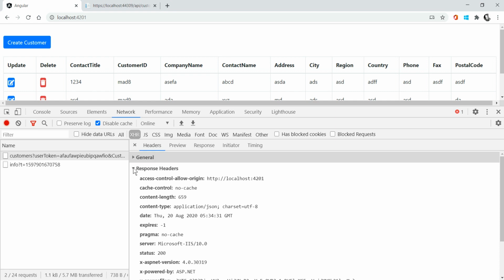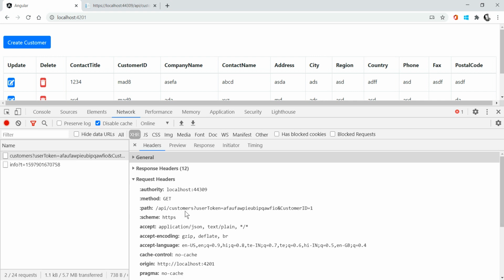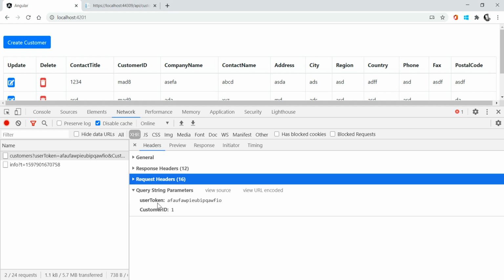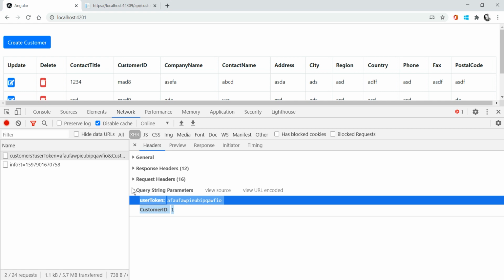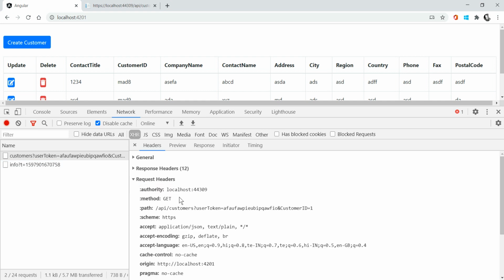This is the response header. In the request header, you can see near API path, as well as one more parameter, that is query string parameters. So once you design the parameters for the HTTP get request, you can get the data like this.